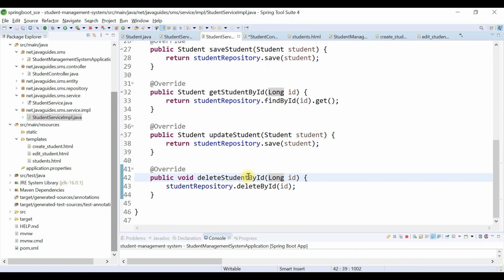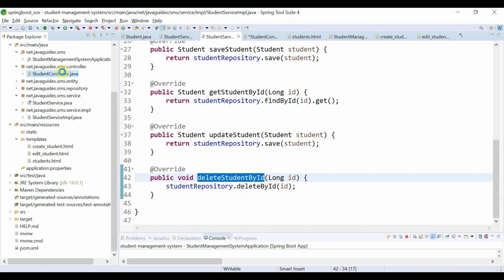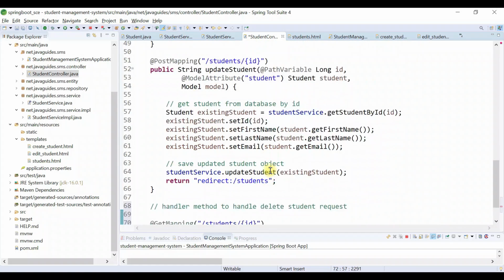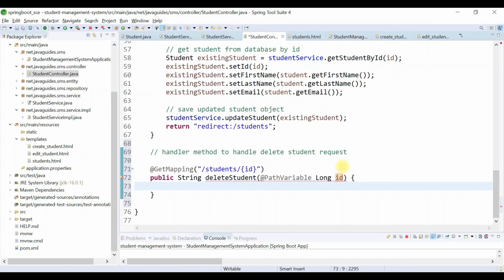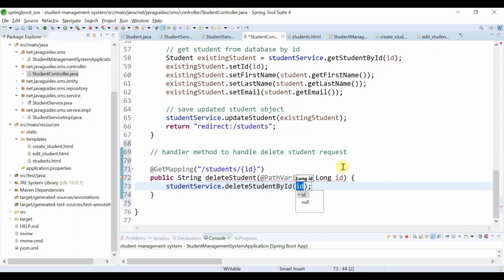Now once we implement the deleteStudentById method in the service, then we can call this method from the student controller. So head over to the student controller, and here we're going to call the student service and its method deleteStudentById, and pass the id. And then after that, once we delete the student, we should return to the students page, right?